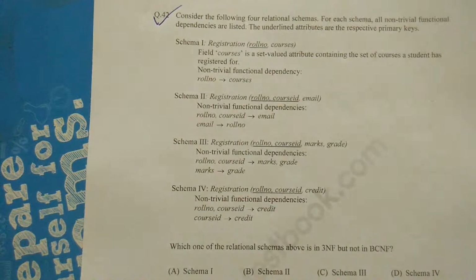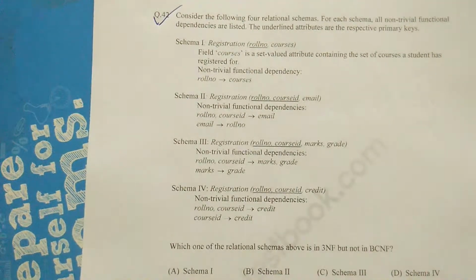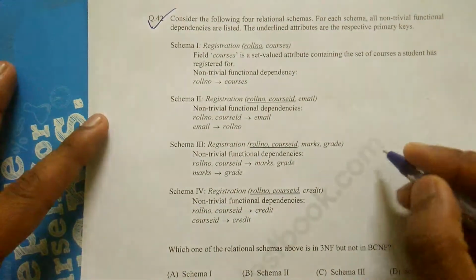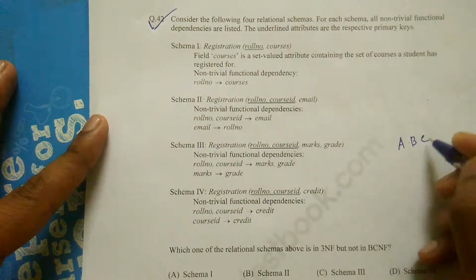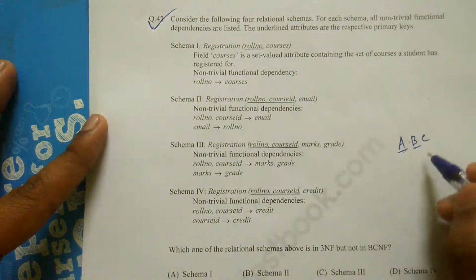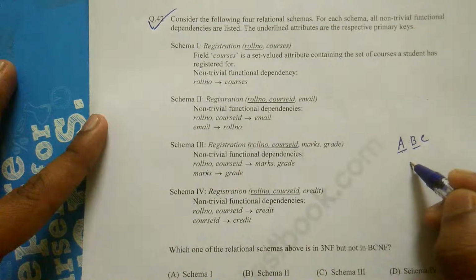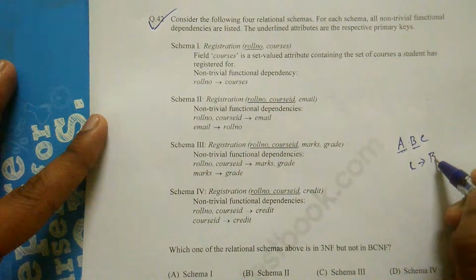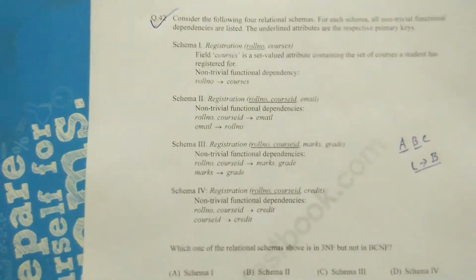You know that according to BCNF, the left hand side must be a candidate key, and according to 3NF, the left hand side must be a candidate key, and another thing: if there is another dependency, like here, if a table has A, B and C, and A is a candidate key, B is a candidate key, then if a relation like this, C determines B, this is qualified to 3NF. Okay, so let's